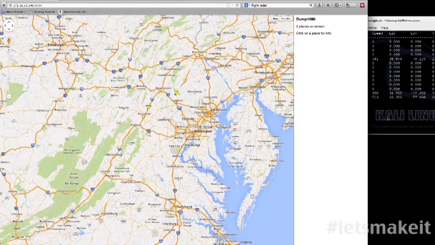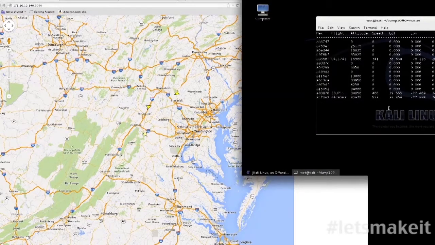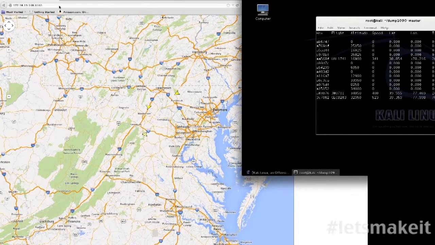But if you know tail information on a particular flight or airplane, you can look it up, and it'll actually show you a picture of it up here in Google. So you just gotta know the tail information. I don't know if it's full